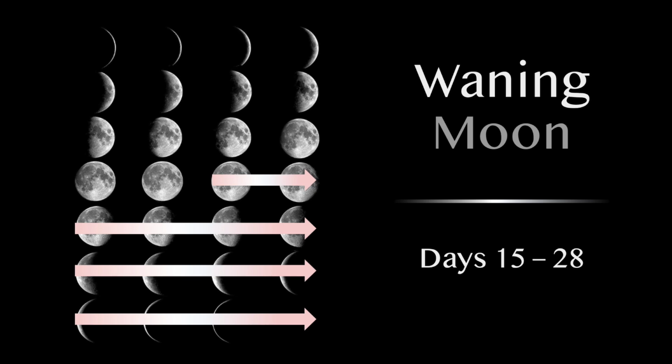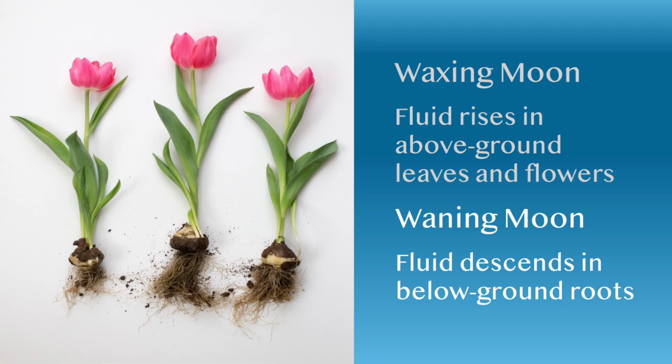So the waning moon is the time from the full moon to the black moon, the last 13 days of the lunar cycle. And during this time, the roots, the part of the plant that is below ground, grow because plant fluids are drawn down. According to recent scientific discoveries, the movement of plant leaves may also be governed by the